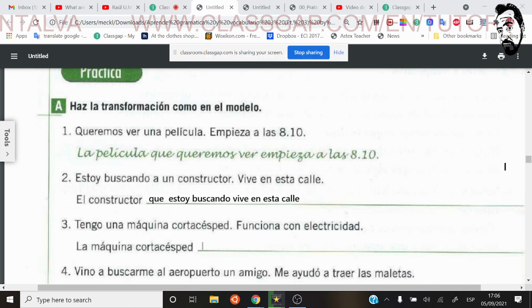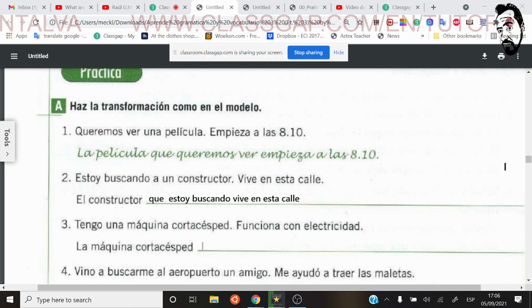So this is a machine kind of. So then, que la máquina cortacésped que, okay, function with electric lights. So first I need to think of what lawnmower I'm talking about. Which one? So that functions with electricity, right? Like no, that's not the key idea. The key idea is the one I have. Okay, the one I have.